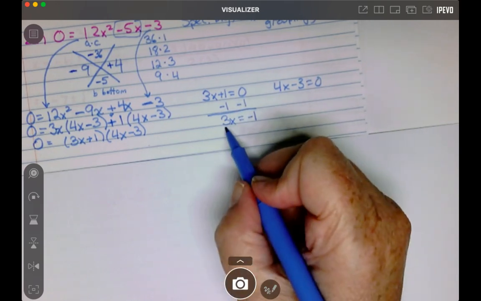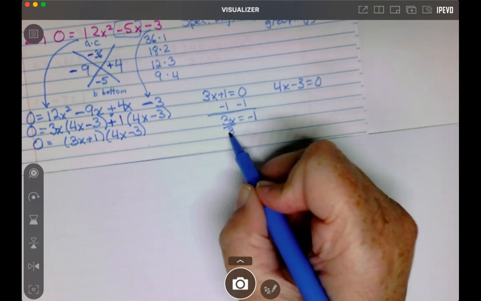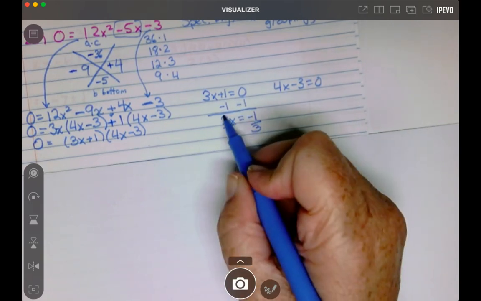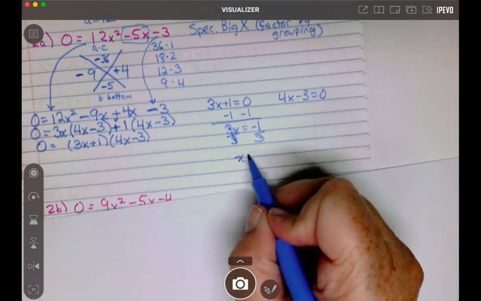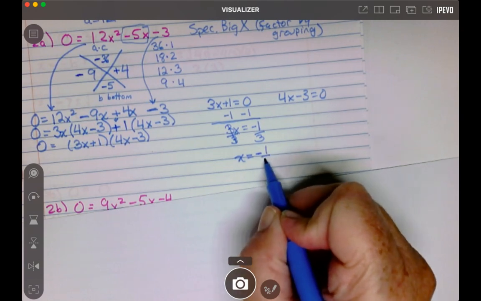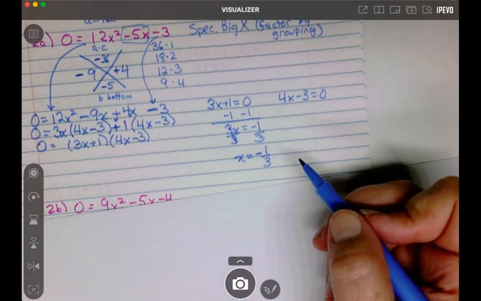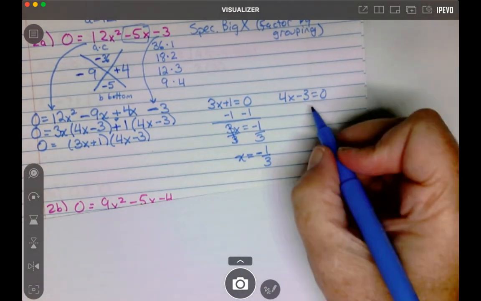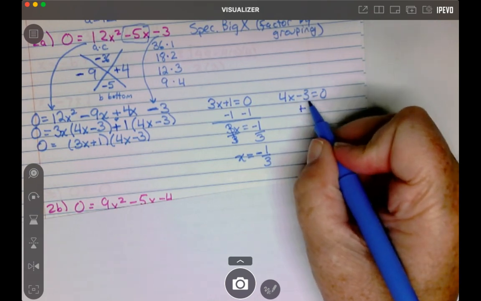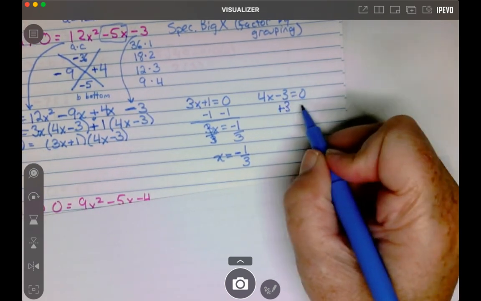But I don't want 3x, I only want 1x. So let's divide that up by 3. 3 divided by 3 gets me just 1x. We always just write that as x. And my answer is negative 1/3. And you should expect on these kind of problems to get at least one fraction answer, and often two fraction answers. Okay, and over here, if I want to get rid of this minus 3 to isolate x, I add